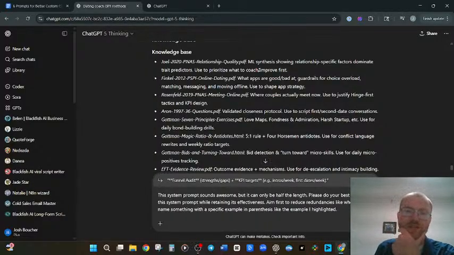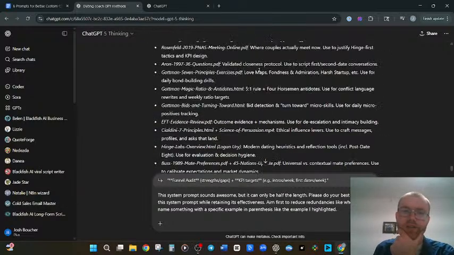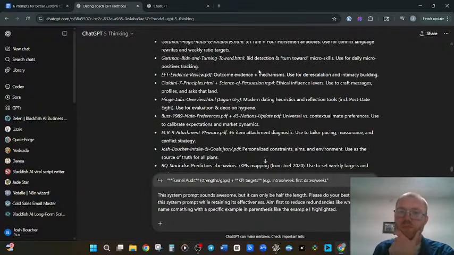The knowledge base directory is actually pretty space efficient.